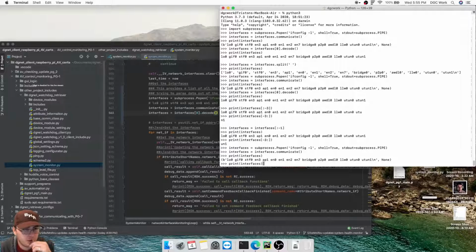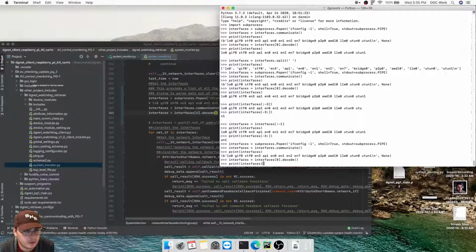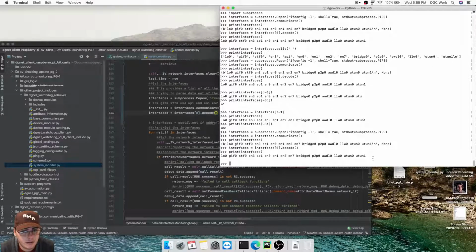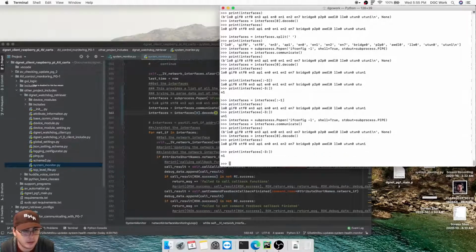So what I gotta do, in the decode part, decode. Now if I print interfaces, you'll see it's not there, but in actuality it is there, and I can prove that if I do this. If I print the last 3 items in this string, it should be u in 1, but it's not. Obviously it's going to be in 1, and the reason is because there's a trailing newline right there. And so the way to get rid of that is to